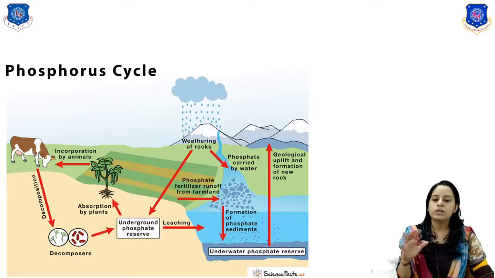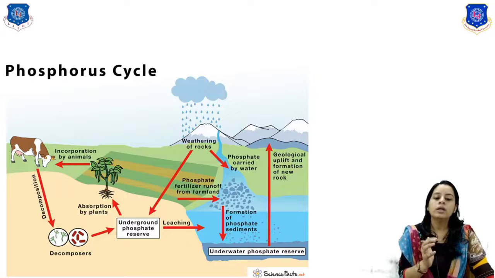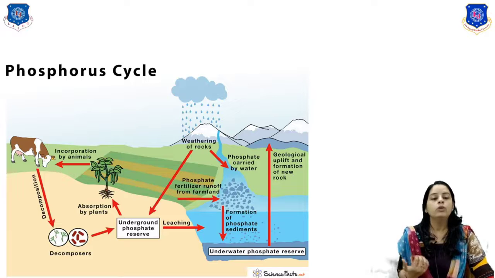Okay, here the phosphorus cycle picture is there. First of all, you can see that in the mountain the weathering of rocks is there, right? After that, this rock is converted into phosphate, and it meets the river. Half the portion of phosphate flows into the water body, and half runs into the soil, right? After that, in the soil, the plant will consume this phosphate, and the food chain will